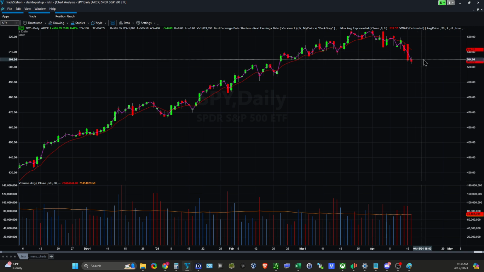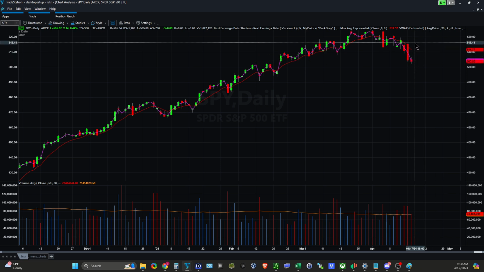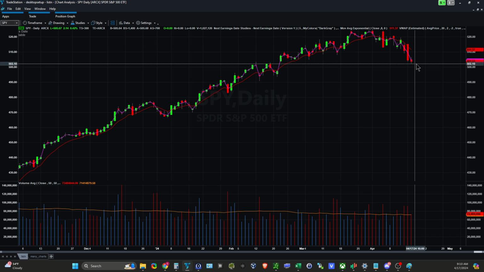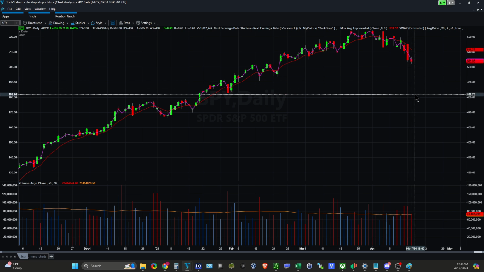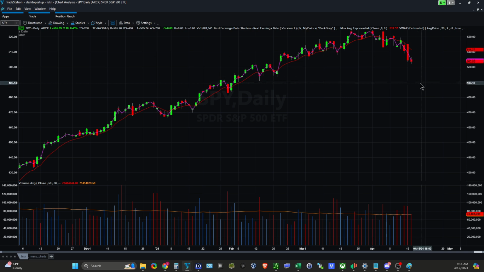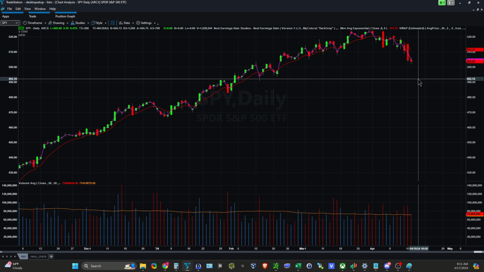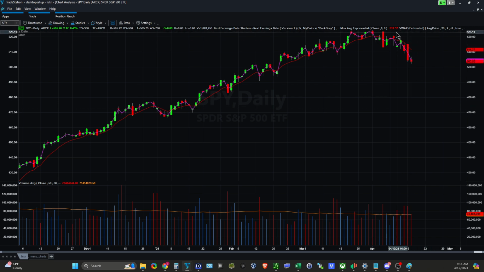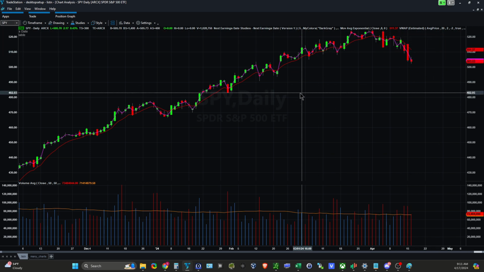Now, what would I need to see in order to consider the long side again? I would probably need to see a close above here, a bullish close above here. Now, could we get that today? Maybe. Could we get that tomorrow? Maybe. Could we get that Friday? Possibly. Could we get that next week? Maybe. Could we also drop to here or here? Maybe. Maybe not just as likely, but has the same chance of happening. So who knows? But the point is, you need to be able to read this story here, because how beneficial